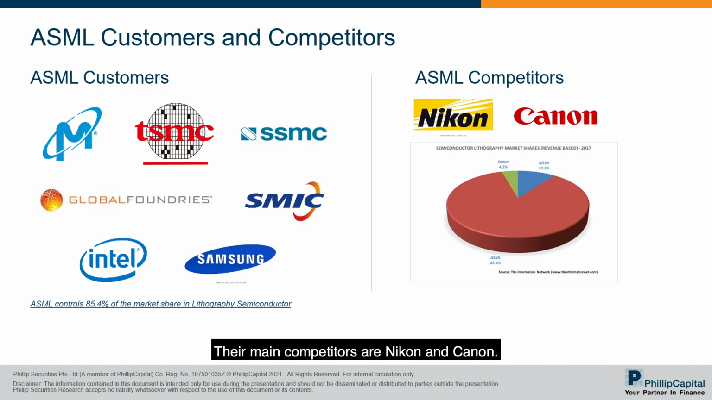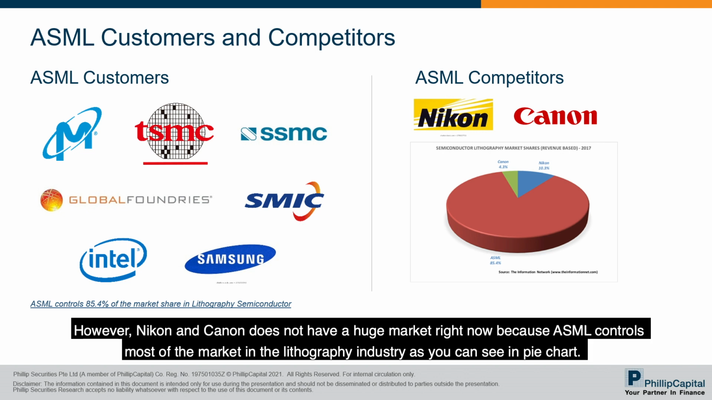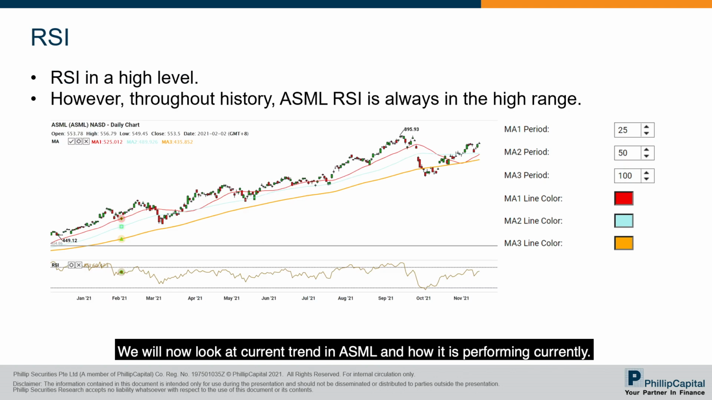The competitors are Nikon and Canon. However, Nikon and Canon are not a huge market right now, because ASML controls most of the market in the lithography industry, as you can see in the pie chart. All right, next one. We're going to look at the current trends of ASML and how it is performing